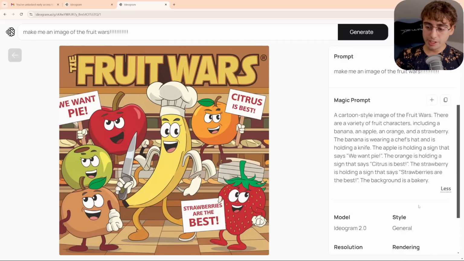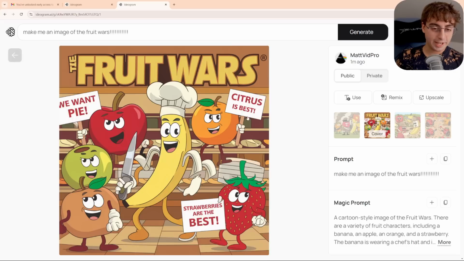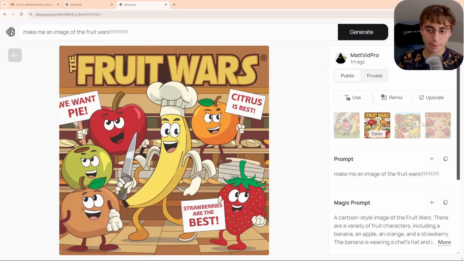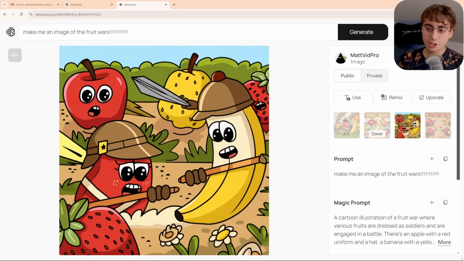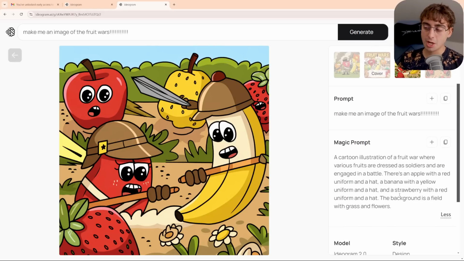You can see it really does a pretty complex prompt. You know, people holding signs: we want pie, citrus is the best, strawberries are the best, and you can also see that, yes, the text in this model is really good, some of the best that I've ever seen, hands down. I mean, just in this prompt alone, it got it all right off the bat, and you can see that for each one of these 4 images, we got different magic prompts, so it gives you a very wide variety as well.